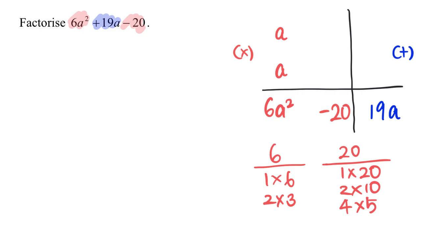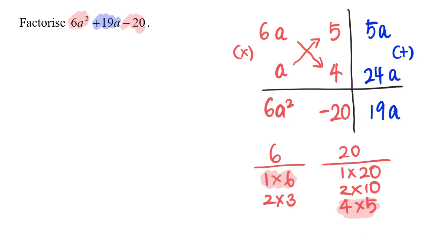And I realized that if I choose 1 and 6, 4 and 5, such that I have 6a and 1a, and I make sure that I can multiply by 4 to give me 24a, and a times 5 to give me my 5a,